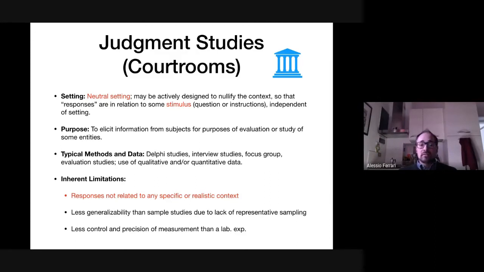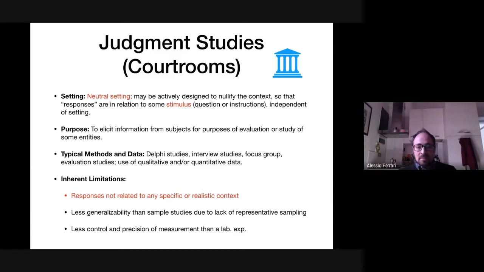Responses are general, so they are not related to specific context. They are also less generalizable than surveys, because you don't do representative sampling. You just select 10 people, for example. So you're not doing random sampling. You are selecting specific people, and you don't have an extensive number of answers, and you cannot do frequency